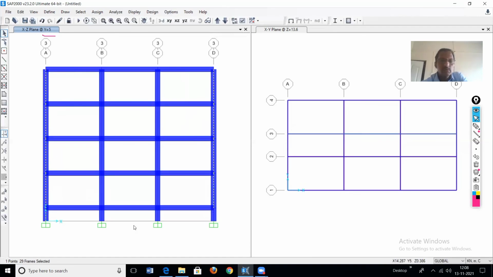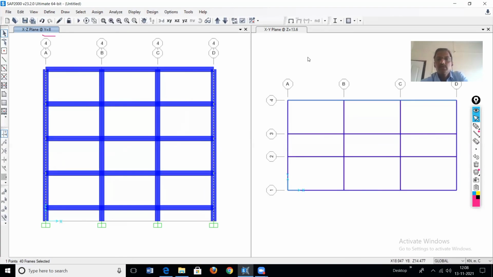These are the exterior columns. Then y equal to 8. Only select the exterior columns.